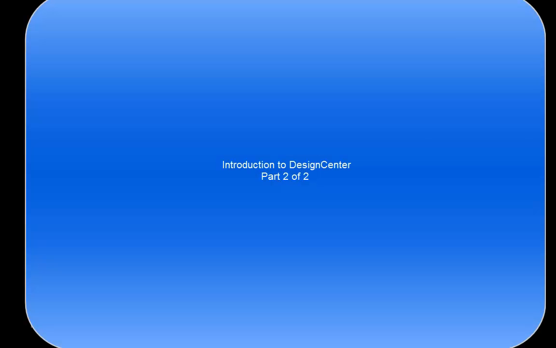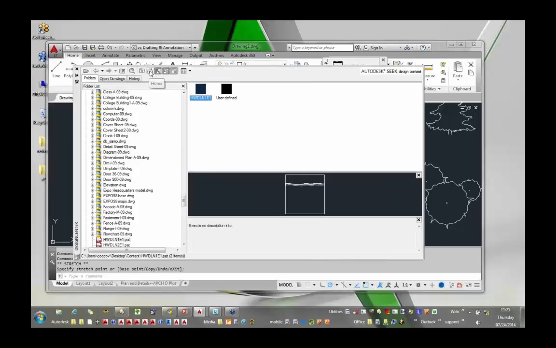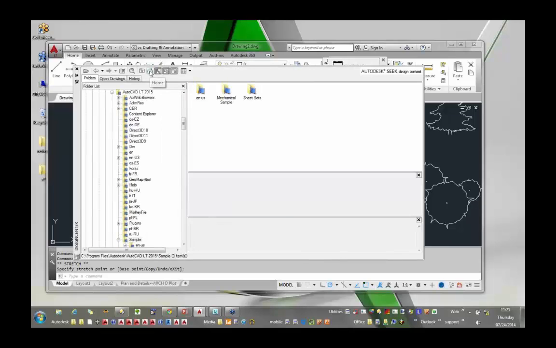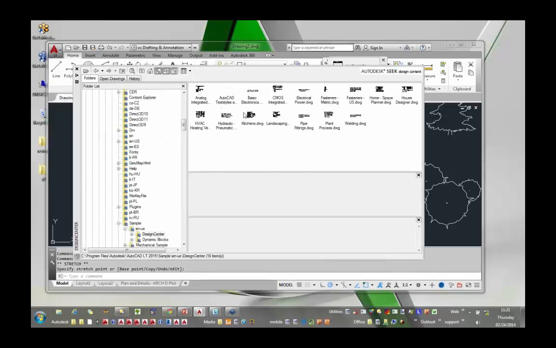Let's go back to our blocks. I'm going to go ahead and hit the home button here. And I have a library drawing which may have furniture in it that I want to populate my drawing with. Okay, well, instead of individually picking these items here